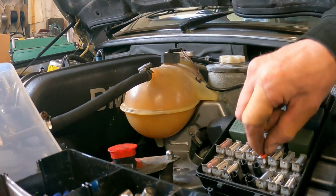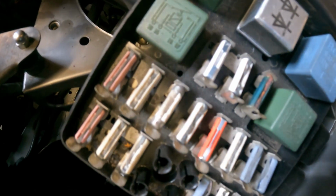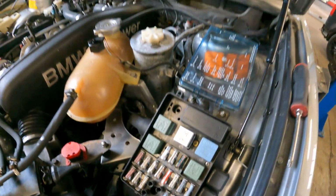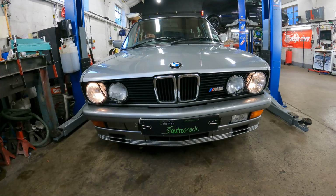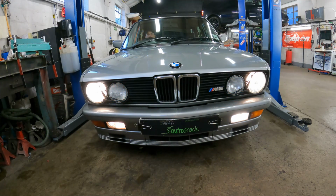Wipers fixed. Horn. None of these fuses are looking great, so I think I might just change all of them and we won't have to worry. This diagnostic is turning out to be quite easy. Fuse, everything's working. So now we should have side lights, dip beam, main beam, fogs, indicator,